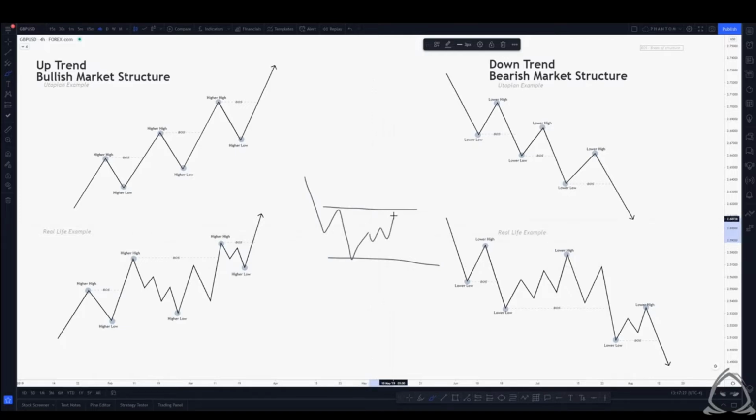Price could very likely move into this sort of complex pullback and then create the lowest low, and that would still be a valid bear trend. Or price could then move to the upside, which would invalidate the bear trend and potentially be switching bullish. Market structure is incredibly important in deriving our overall narrative in terms of how we should be viewing the charts